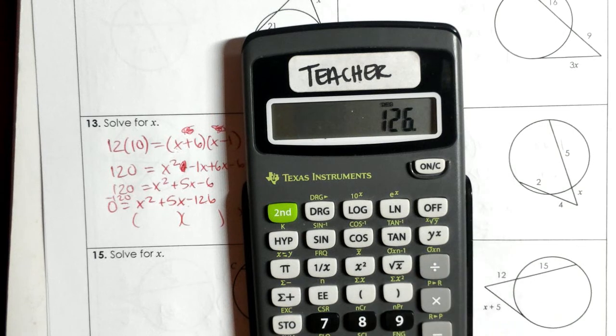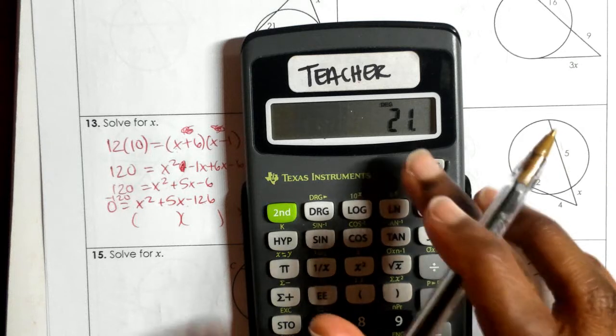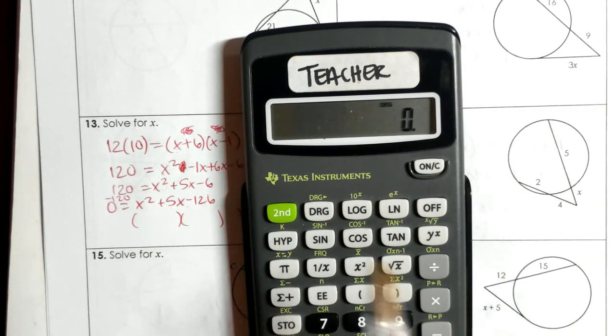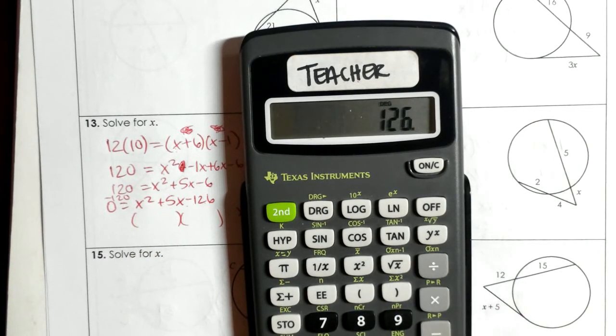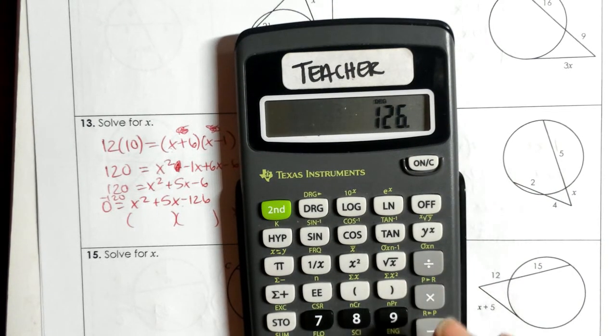But 126, I would try dividing it by, it ends in a 6, so possibly dividing it by 6 would give me 21, so that's a difference of 15. That's too big of a difference. We only want the difference to be 5. So 126 divided by 12. Nope, it's going to be 10.5. 126 divided by,